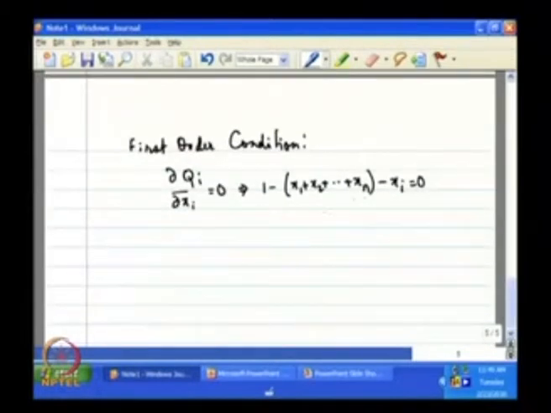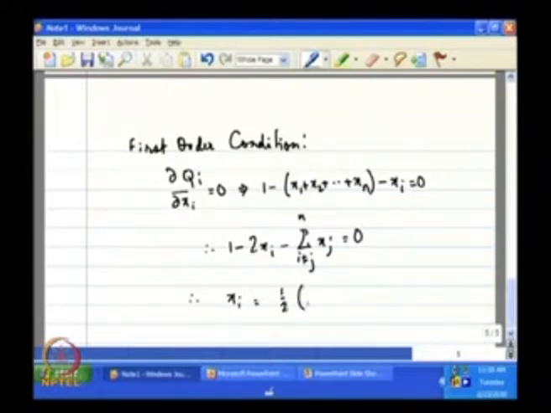Now, there is an xi term in this parenthesis also, which means that 1 minus 2 xi minus summation xj, j not equal to i, going to n, is equal to 0, which means that xi is half of 1 minus